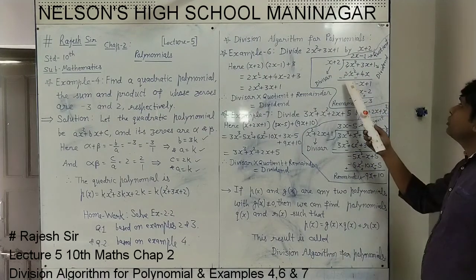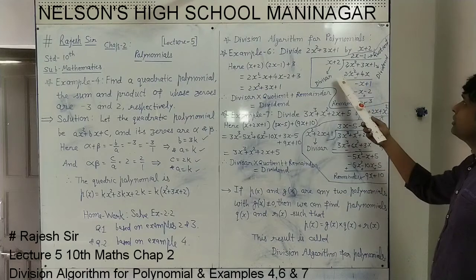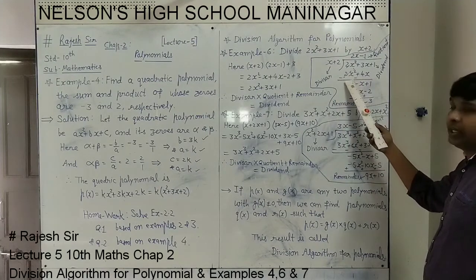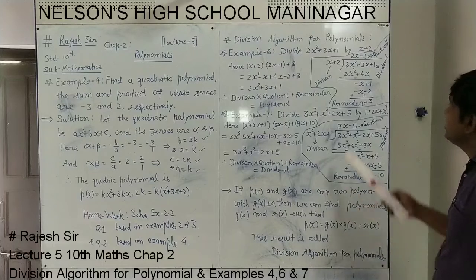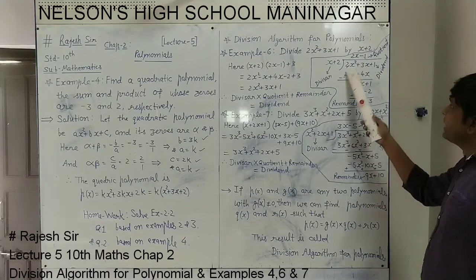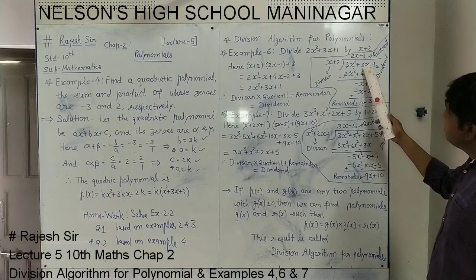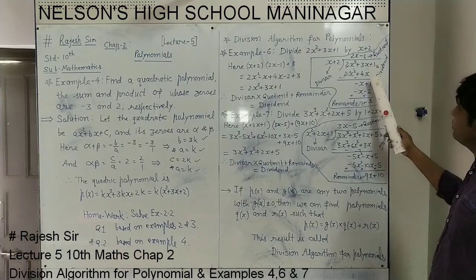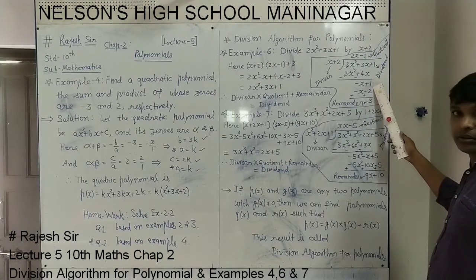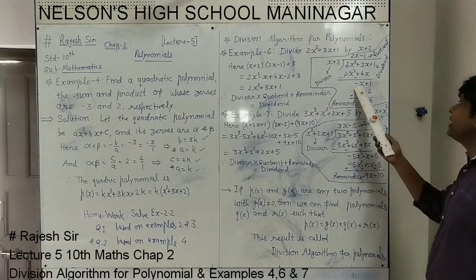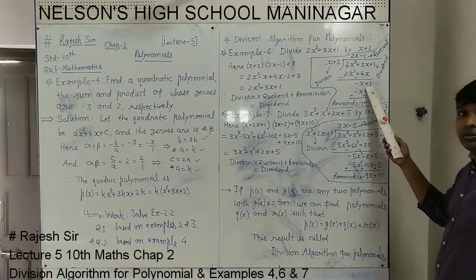Now in division, you know, the sign will be changed. This 2x squared plus is considered as minus, this plus 4x is considered as minus. Now subtracting, plus 2x squared and minus 2x squared cancel. Minus 4x and plus 3x. So what will be remaining? Minus x. And this plus 1 is taken down. Next. Now we have minus x plus 1.